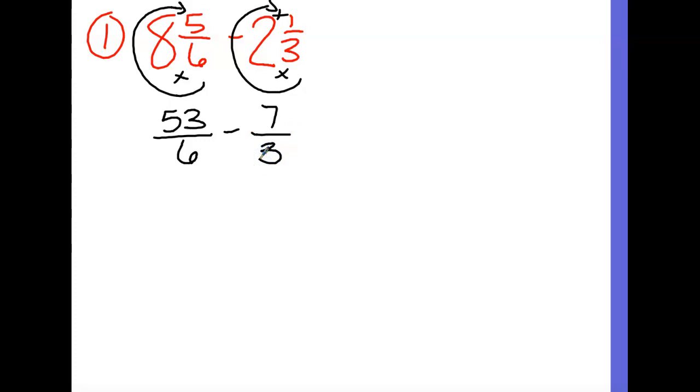Questions on that? So now I need to get a common denominator because I don't have one. So what do you want to use for a common denominator? 6. But I'm going to take this fraction times 2. So 7 times 2 is 14 over 6. Okay. So now I have 53 over 6. I subtract